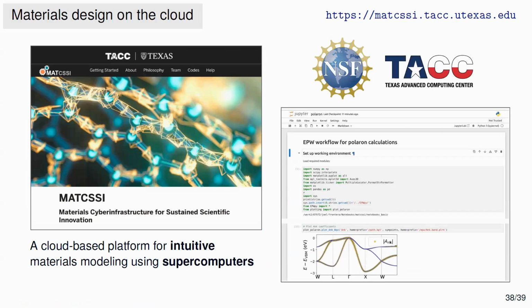So most of this software is something you need to install, you need to run, you need to find libraries and things like that. So that can be a barrier for new users. So the dream here is that anybody soon will be able to do these calculations without knowing much of the underlying infrastructure. So at this point, we have this platform, MATSI, that one can log into TAC